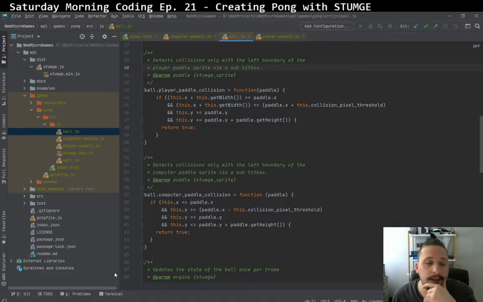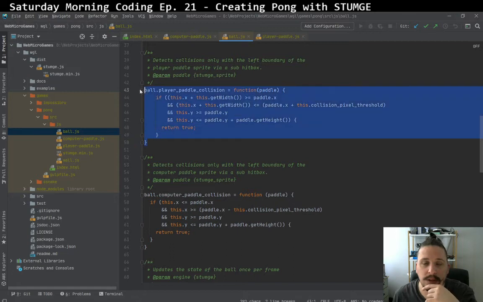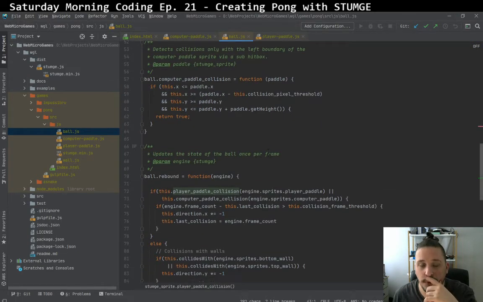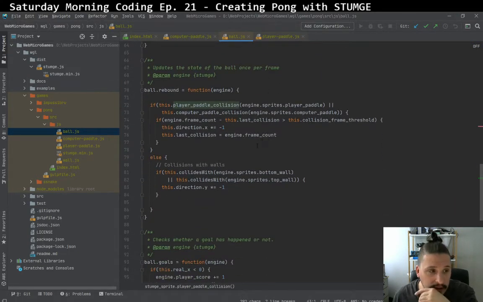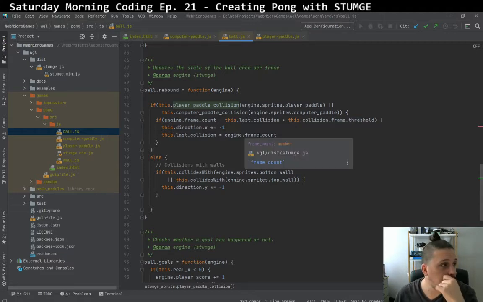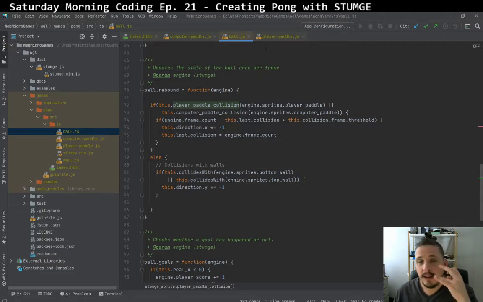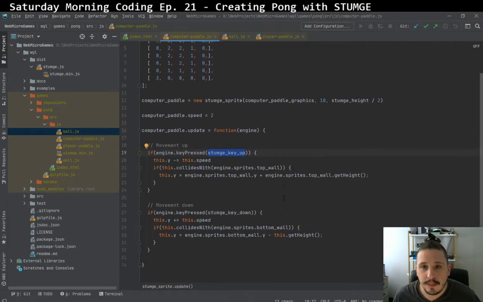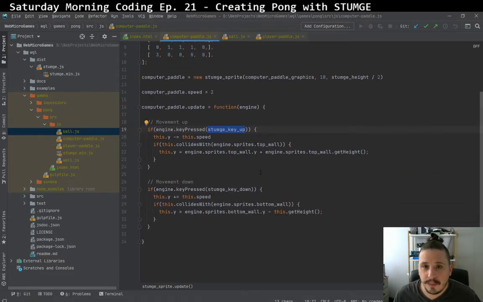These are going to be reworked. For some reason these are not proper collisions, but let's concentrate now on the movement strategy for the computer. So if we go now to computer paddle, we need to have